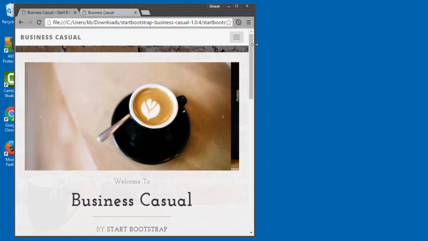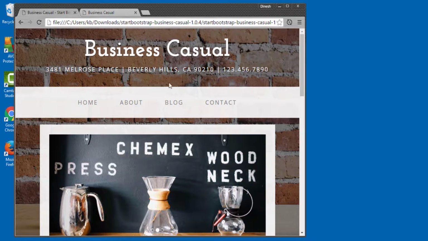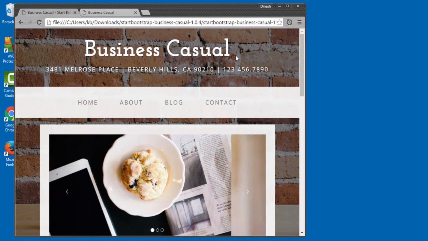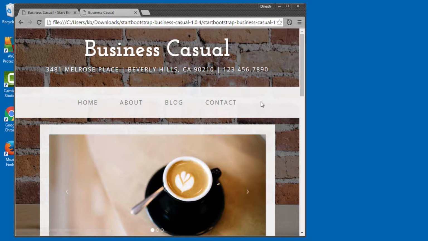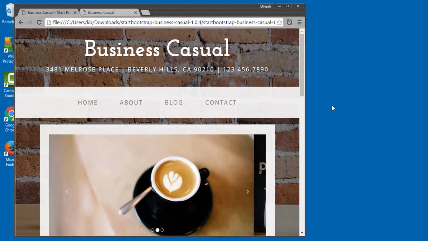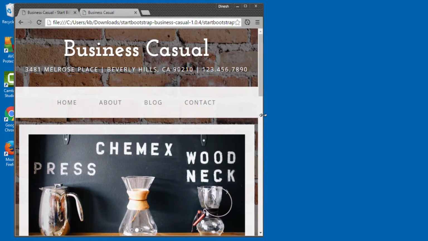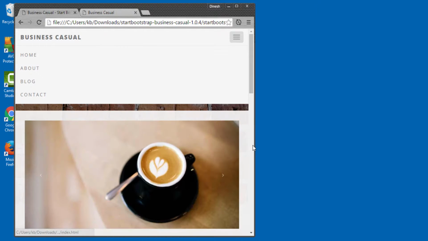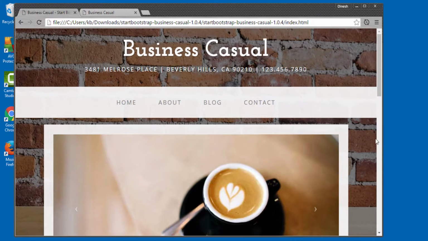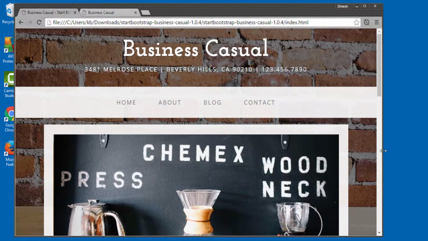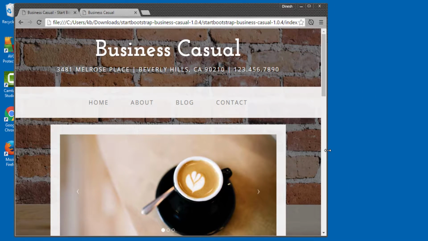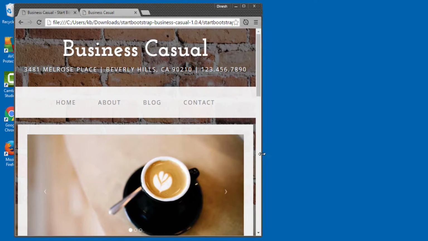So if I increase the width of the browser, you can see that the brand disappears and also the toggle disappears and it comes back in the form of this navigation bar. So for mobile screens, the navigation bar will look something like this, and for a desktop it will look something like this. So this brings responsiveness to our website. Bootstrap provides support for this responsiveness, and you can see that after 768 pixels there is a breakpoint.